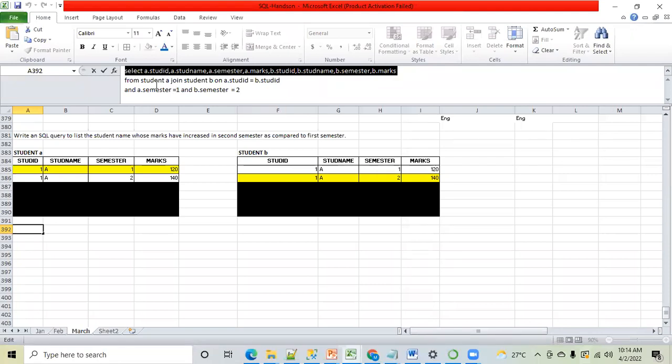You might be thinking, why have you pasted the same student ID and student name again? The reason is I want to display from the second table as well. There is some reason for that, I will tell you after some time. So that is what I want to display: all the columns of the first table and all the columns of the second table. I'm repeating. Any question on this select clause? Is it clear to everyone? Guys, please say yes or no. Yes, okay.